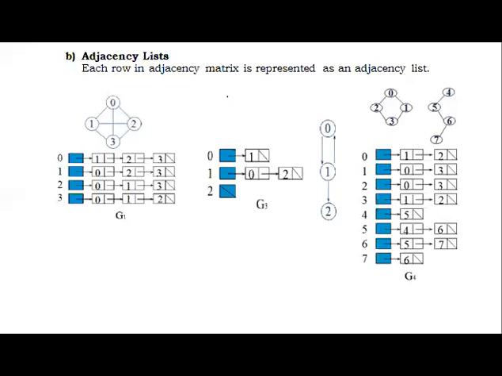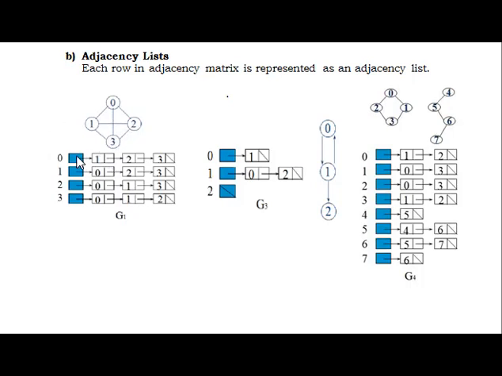The next one is the adjacency list. In the previous one, the vertices are placed as a matrix. Here we represent the vertices in a linked list. Based on this linked list, we frame the vertices for storing the data. So in the first graph there are four vertices 0, 1, 2, 3. The node 0 can possibly visit 1, 2, and 3.